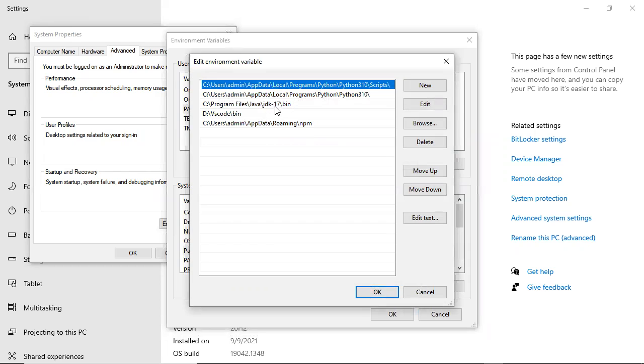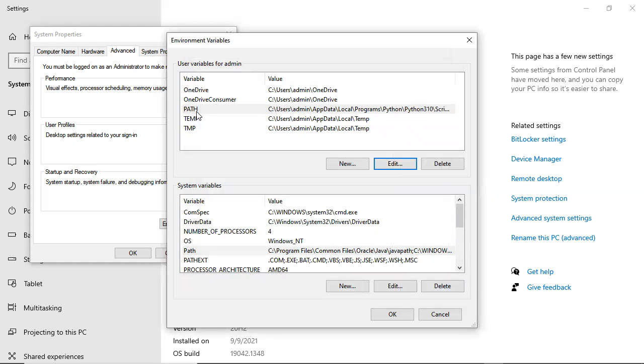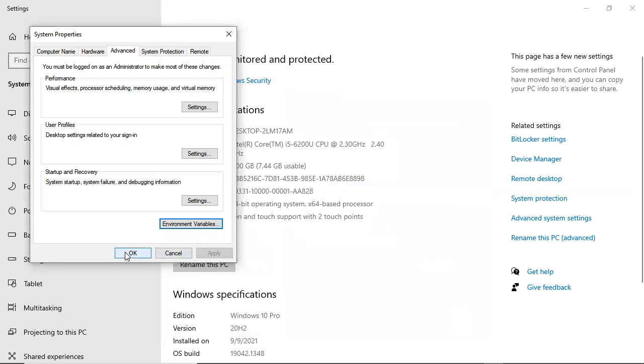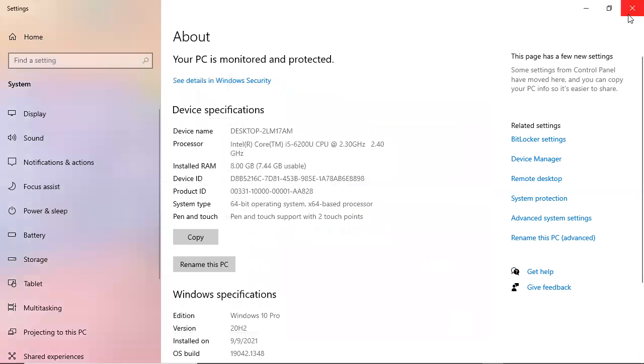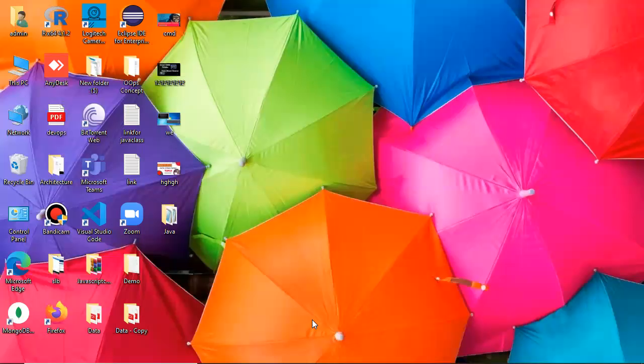This will be the path based on the Java currently installed in your system. You will find it in C Program Files Java JDK, whichever JDK you installed. Currently the latest version of JDK is 17, and I'm also using the same, so it shows JDK bin. Till this bin, you have to copy the path and paste it, type path also like this and save it. Then it will run. This is the way of opening the environment variable. In Windows 8 it was view environment variable, and in 10 you can get it in advanced system settings. Both ways you can use.